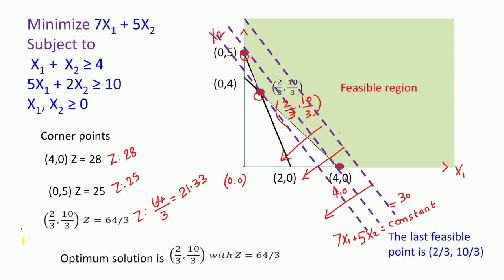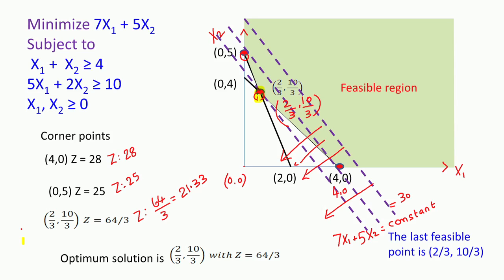So, it moves in this direction, and as it moves downwards, it finally touches this corner point before it leaves the feasible region. So, the last feasible point is given by 2 by 3 comma 10 by 3, which is the optimum solution to the minimization problem. So, this way we solve minimization problems